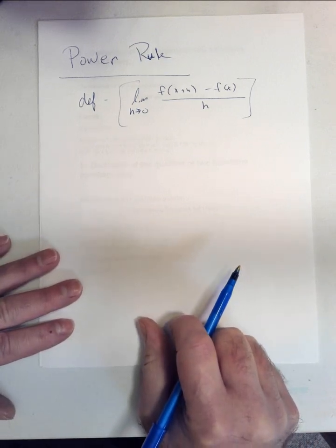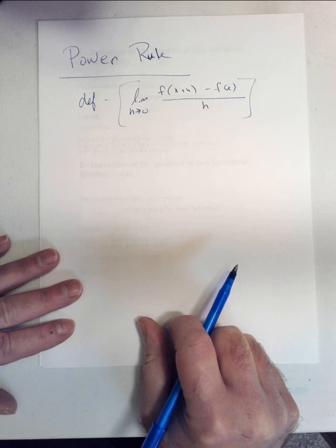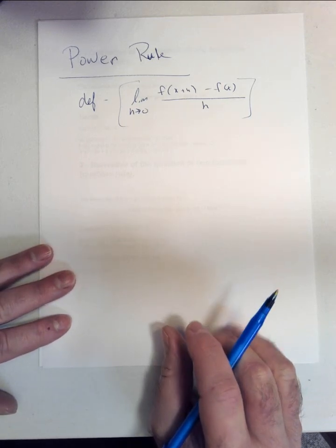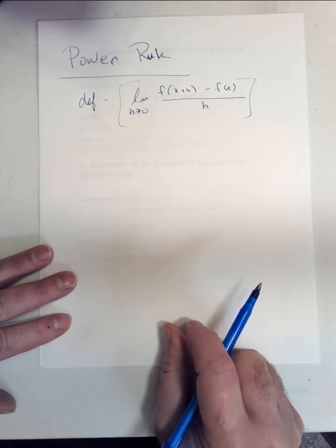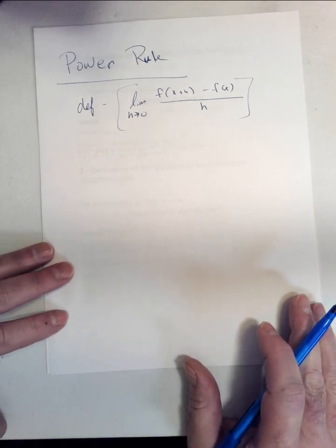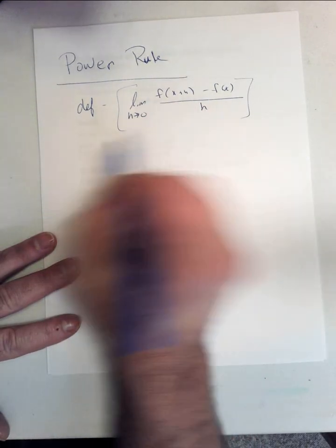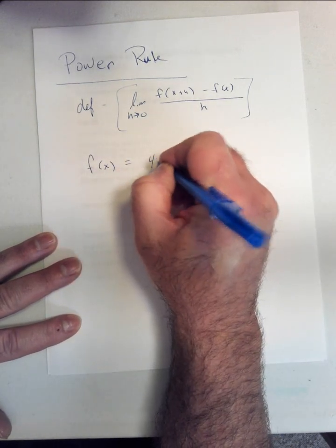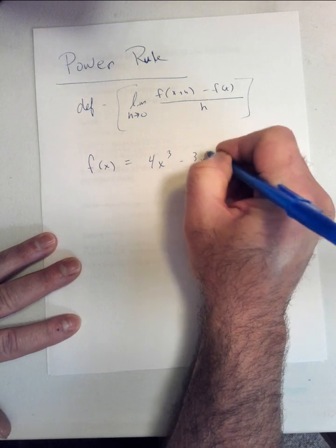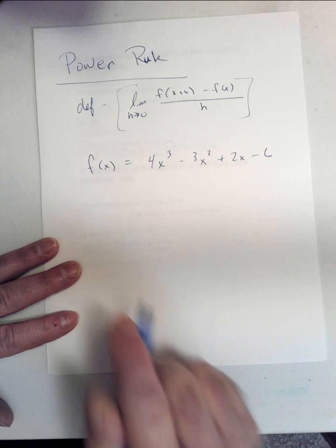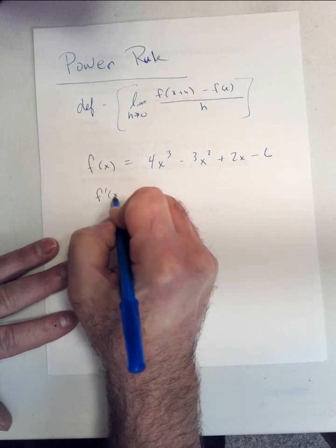And so we have to adapt it when we have different types of functions. So that's what I'm going to kind of do. We're going to do the power rule, the product rule, and the quotient rule this week. But they're all variations of the power rule. So the power rule itself, just to refresh, to find the derivative function,